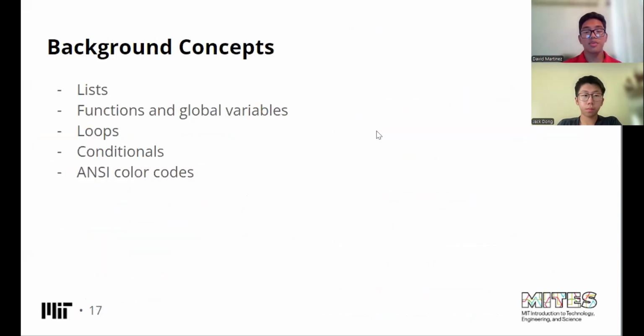Some background concepts we had to understand to write this code were lists, functions and global variables, loops, conditionals, and ANSI color codes. Lists are how our game works entirely. Our decks, our hands, they're all lists of cards. And these lists can be shuffled randomly, as Jack said, with the random module. We also had a lot of functions in this project.